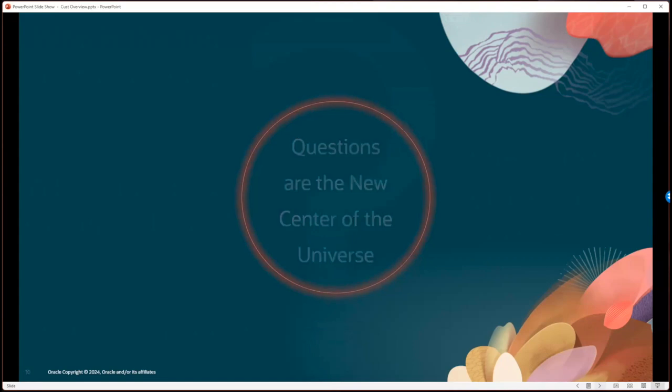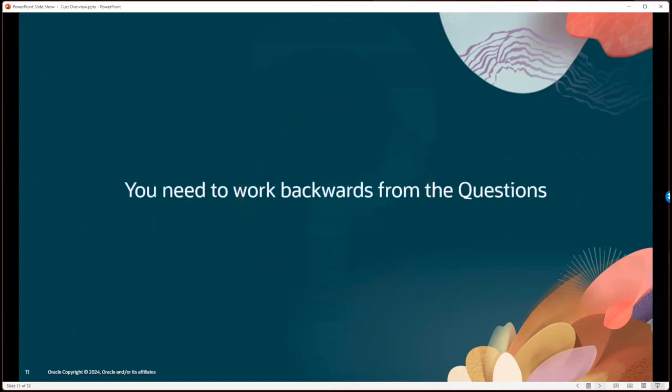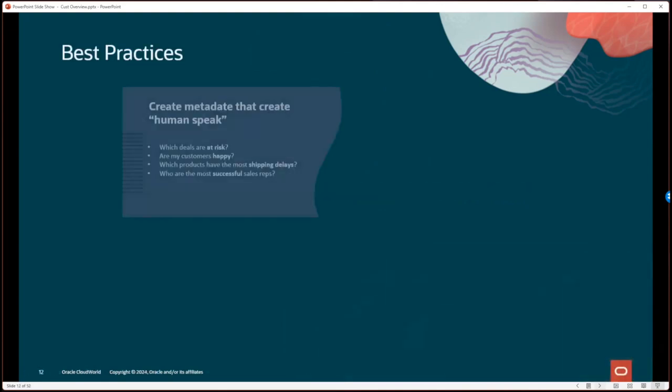And so that's a new thing that you have to factor in when you're designing or configuring your data sets for the assistant. It's just a new way of thinking. You need to start to think backwards from your questions. And so some of the best practices around that is you have to annotate or enrich your data, or metadata, I should say. Oh, there's a typo there. I apologize. So that it's more